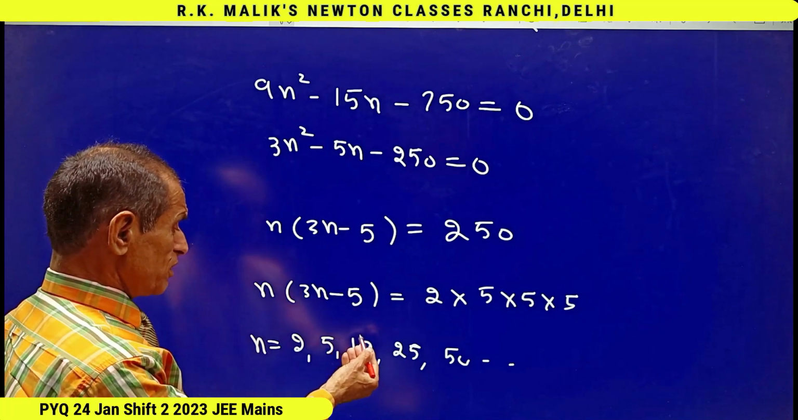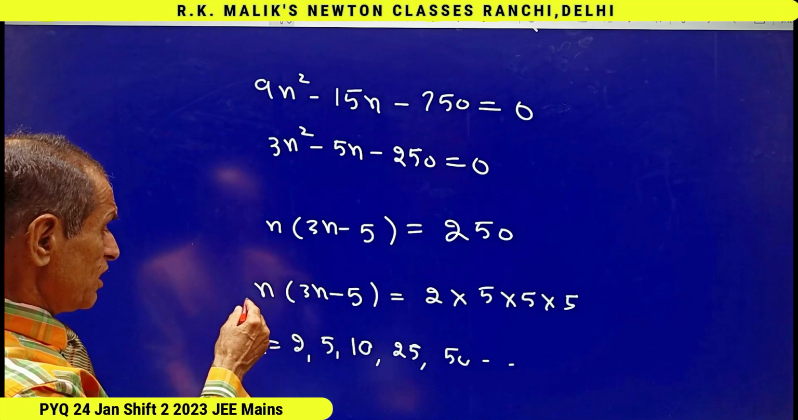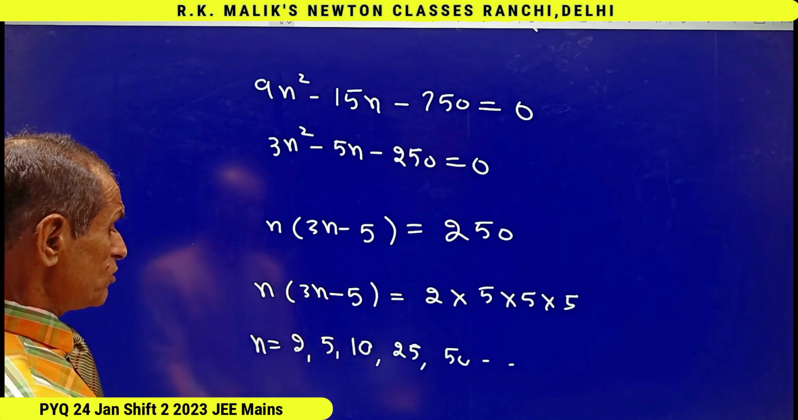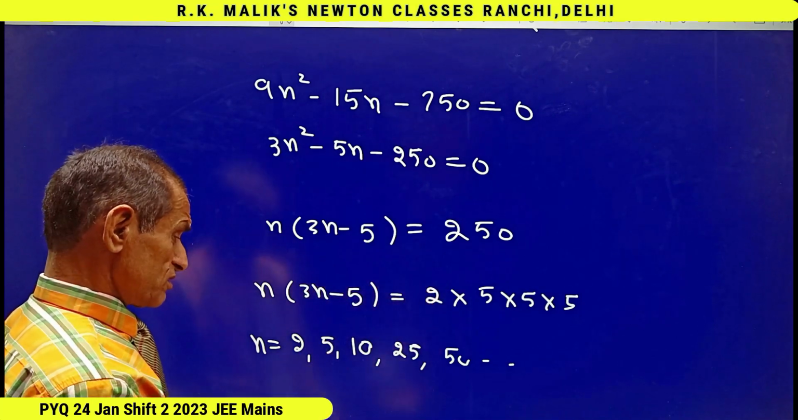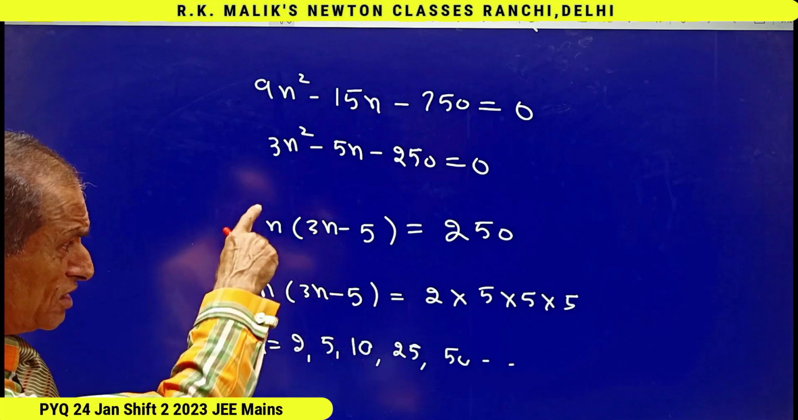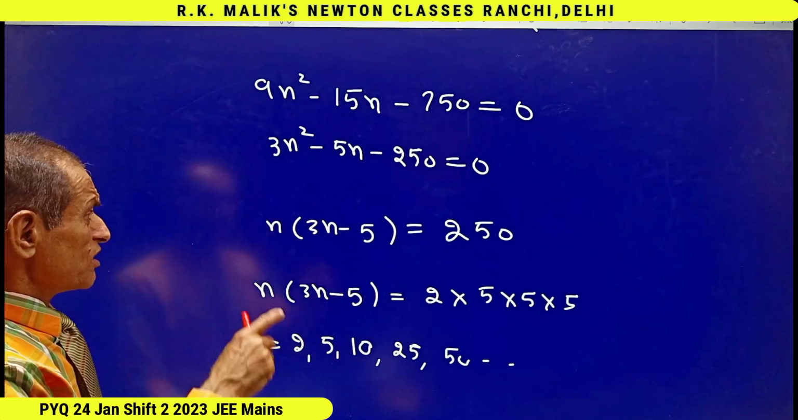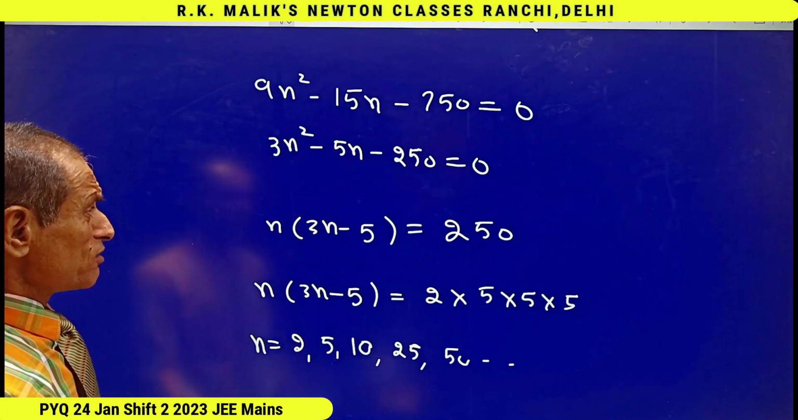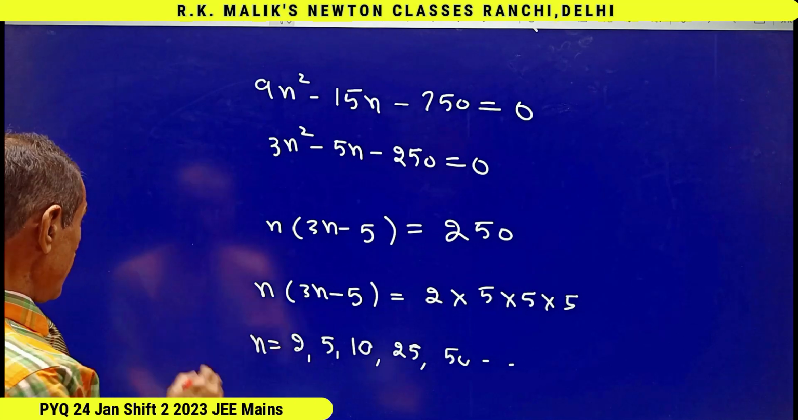The next possible trial number is 10. If I put n equal to 10, I get 10 into 25. That is, it becomes equal to this. Note that whenever n is a natural number, this way is always easier, because calculating the value of n by the quadratic formula will be very lengthy. Hence, from here I can get the value of n as